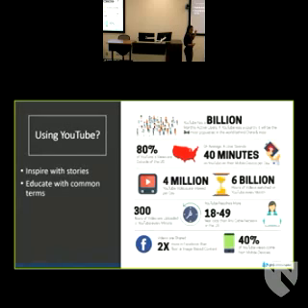Common terms we talked about, making sure that the words are accessible, especially when it comes to patient education. It's important to work with patient education specialists when creating videos for YouTube that are going to be public facing, so that the language that is used is at the level, typically about a 4th grade level, is what you want to make sure that the language is at, so that it's accessible for patients as much as possible.